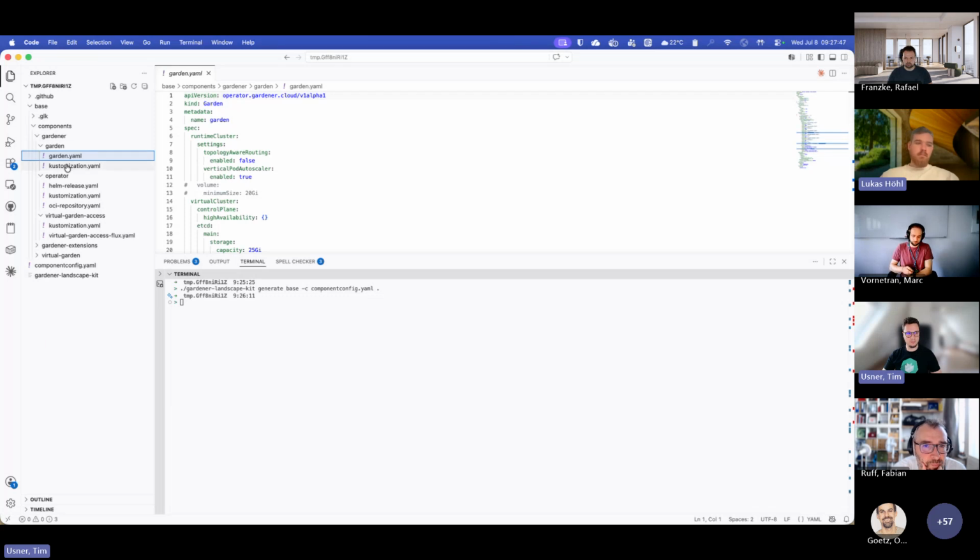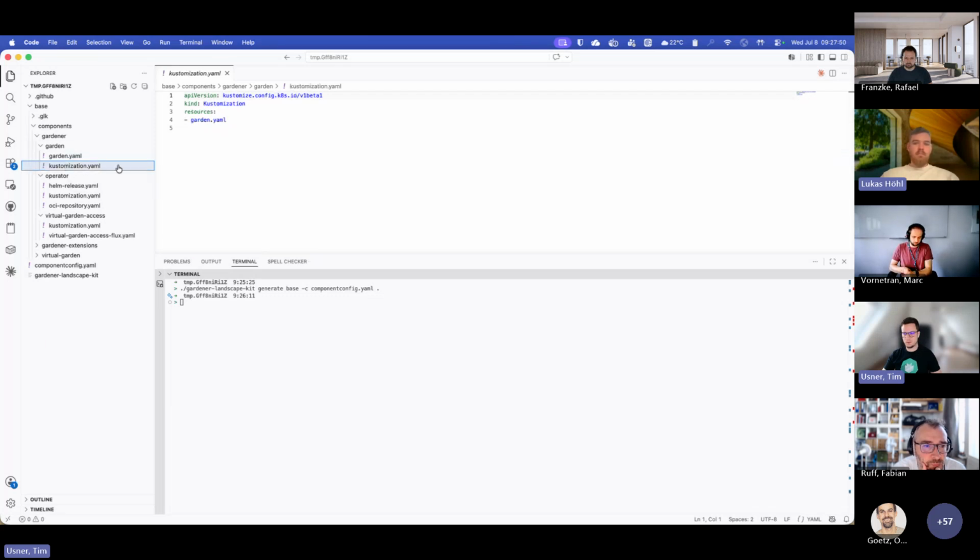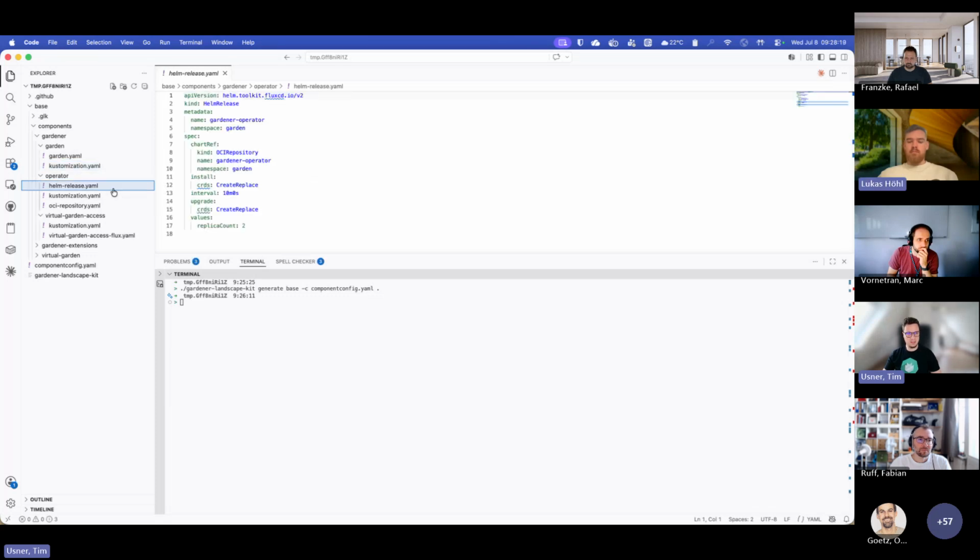And then next to it, we have a customization. So this is an opinionated approach by the Gardener Landscape Kit because it heavily relies on Kustomize as one technique, how to do the overrides and how to manage the resources actually. So this is the first technology I'd like to highlight, and the second technology I'd like to highlight is that